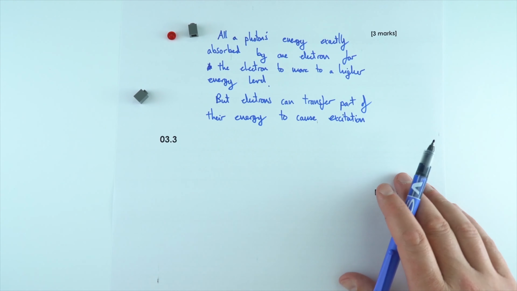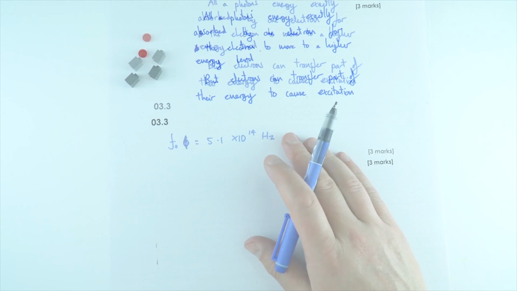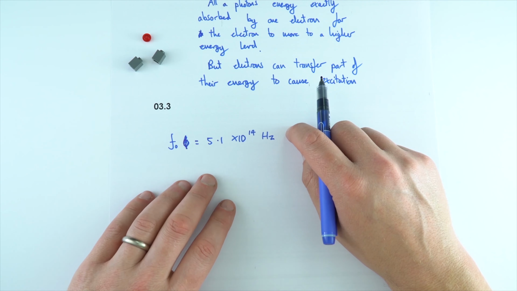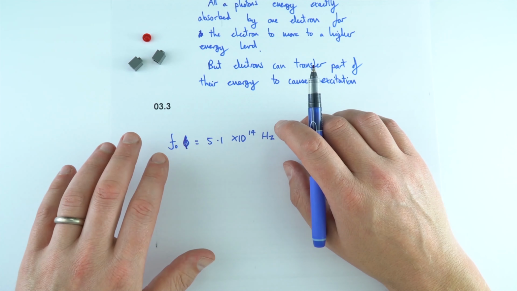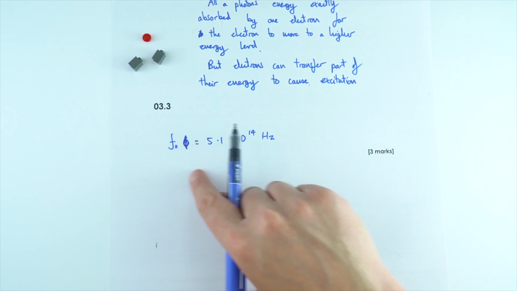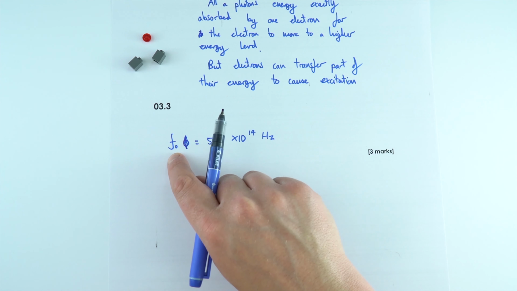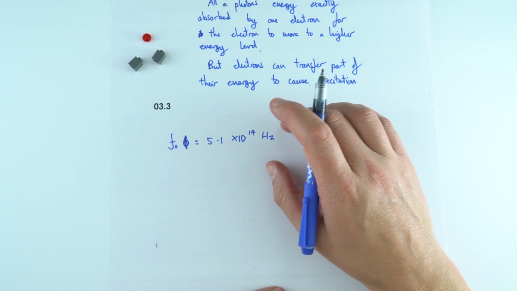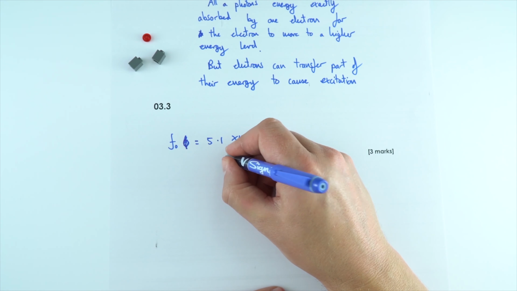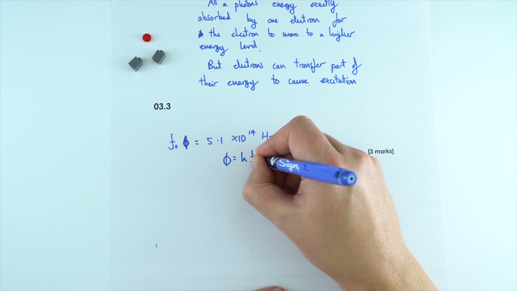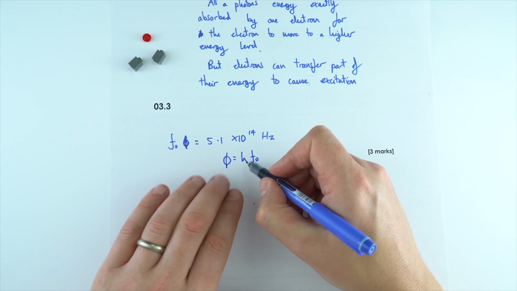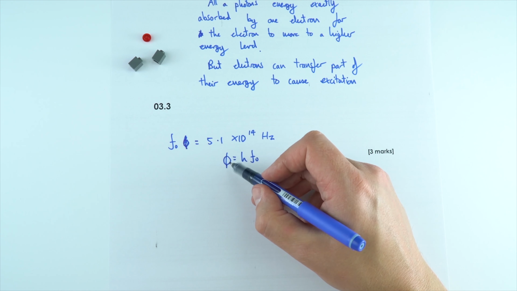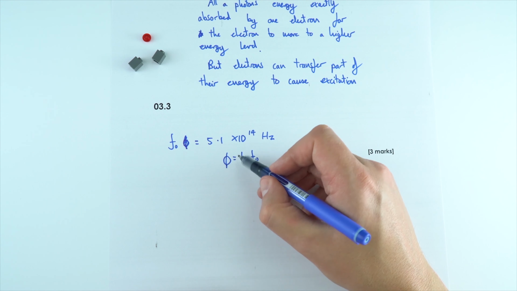Okay, now let's get into some proper stuff with the photoelectric effect. Question 3.3 is looking at the photoelectric effect and the energy of the photons emitted in the previous part of question 3.1. Now, in terms of the photoelectric effect, it's given us the threshold frequency, and that tells us then about the work function of cesium. Now the work function is going to be equal to hf0. Okay, so that's Planck's constant times the threshold frequency tells us the minimum energy required to liberate an electron from the surface of that material.